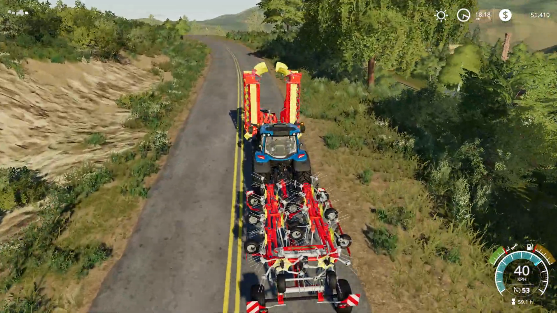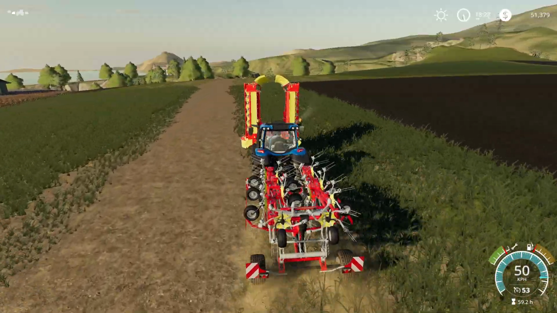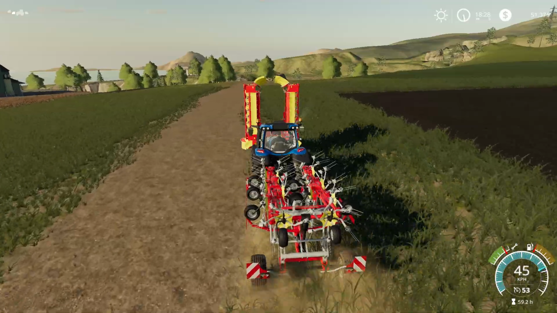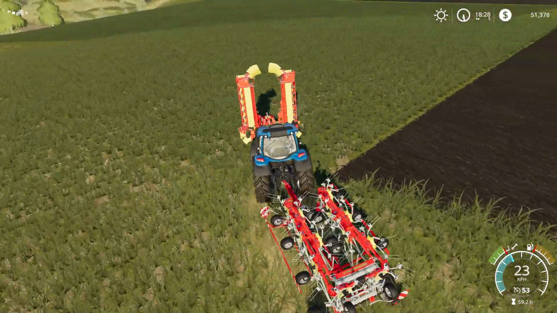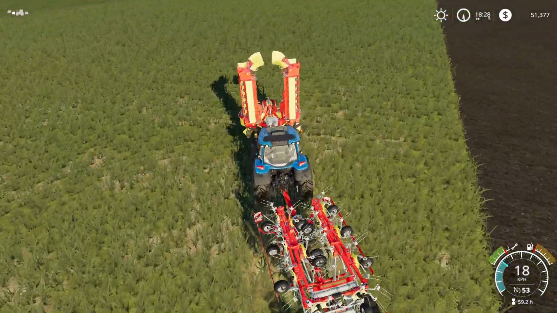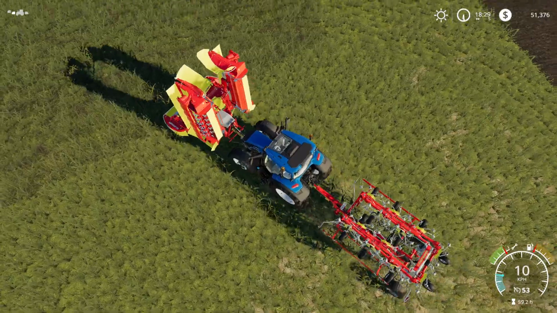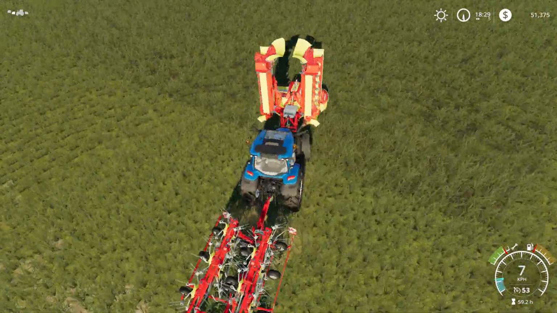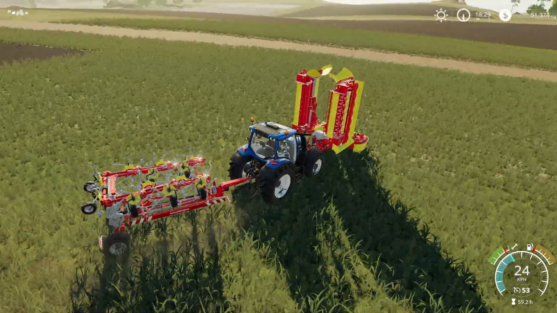This may take a bit to get there, so we'll see when I'm a bit closer. Alright, so we're just getting up to field 9 now, which is this one here. So you can see the colour of the dirt is different to the grass, so that's how you can find where the edge of the field is. Anyway, what I'm going to do